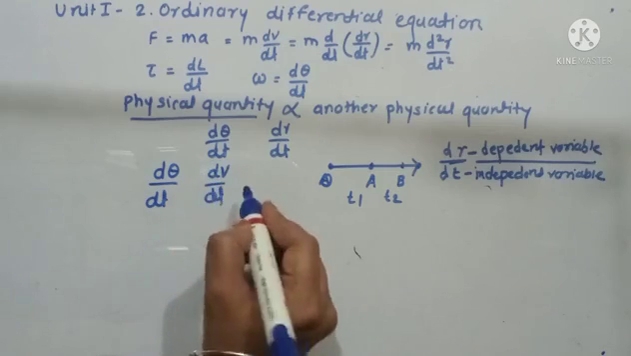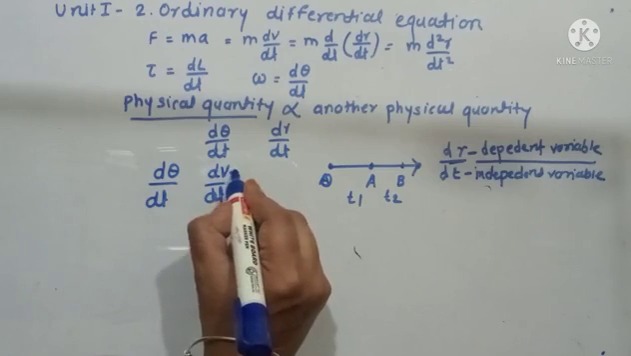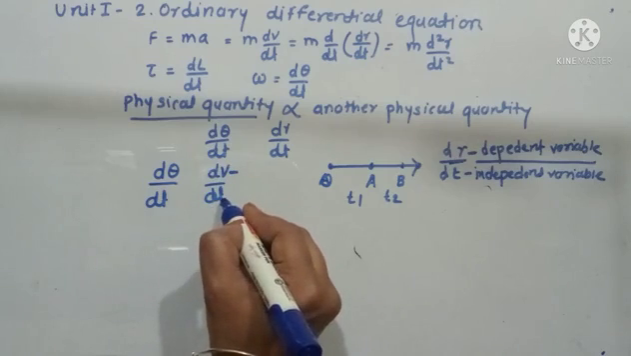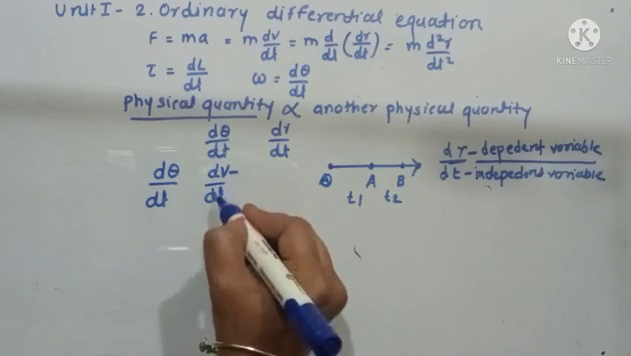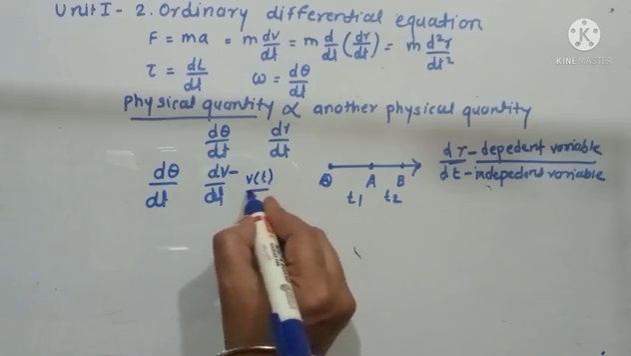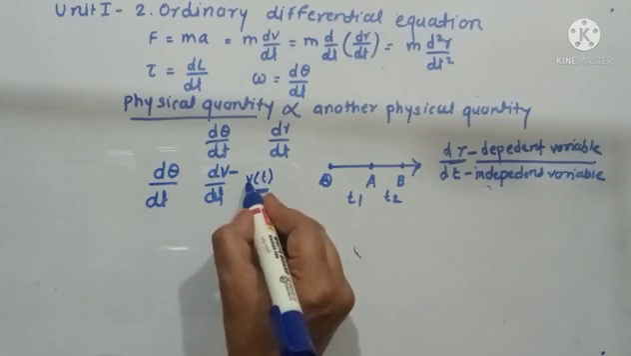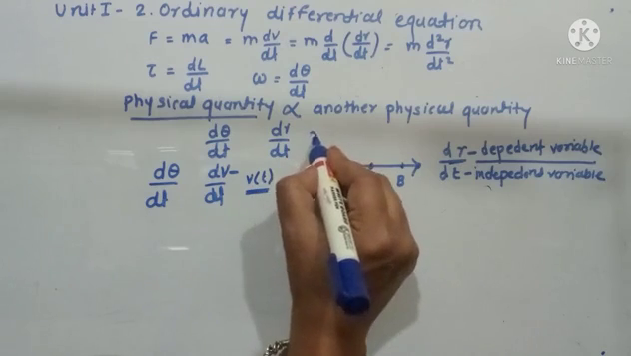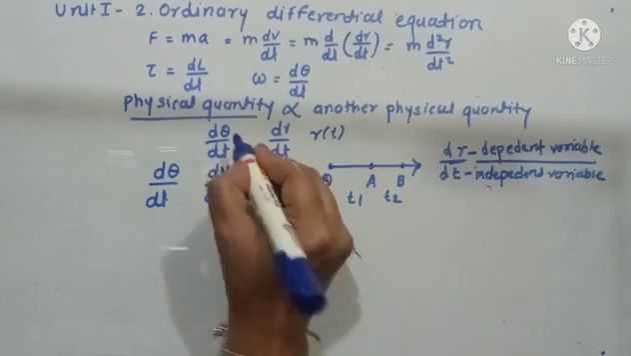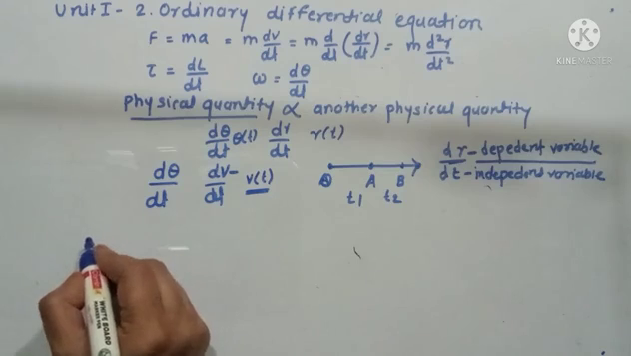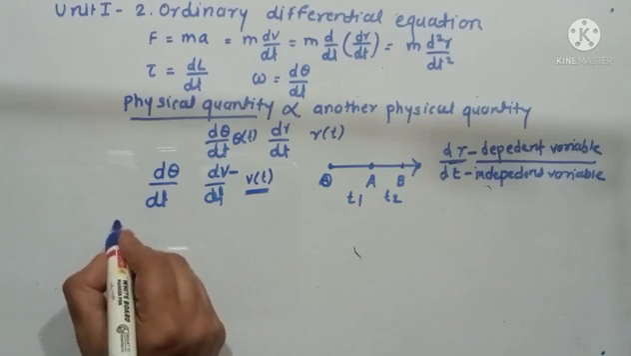It means that the dependent variable is written in the numerator, and the independent variable is written in the denominator. And what is the meaning of this dv/dt? v is a function of t, so we write it as a function of t. It means that this velocity depends on time. We can write r is a function of t, and this θ is a function of t. See, in physics there are many branches like